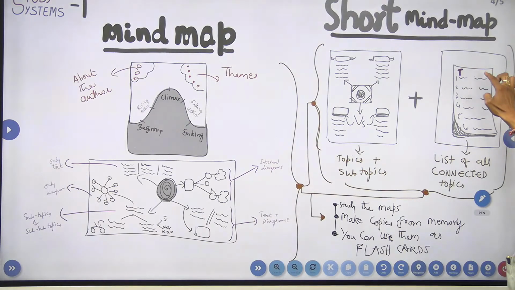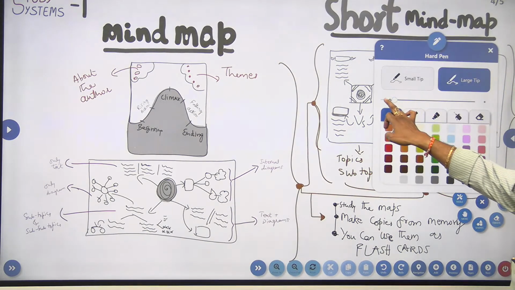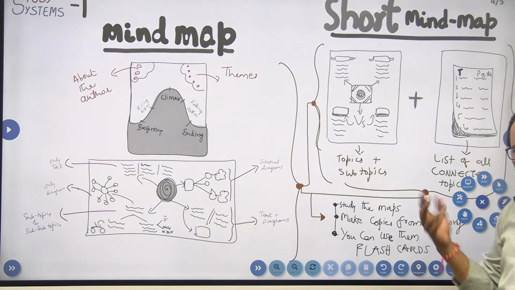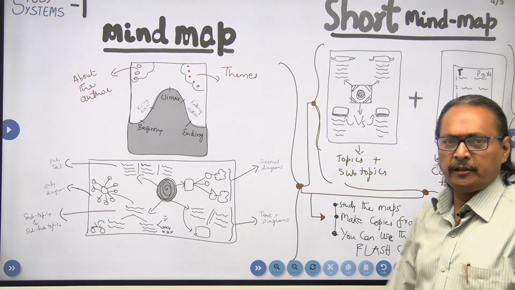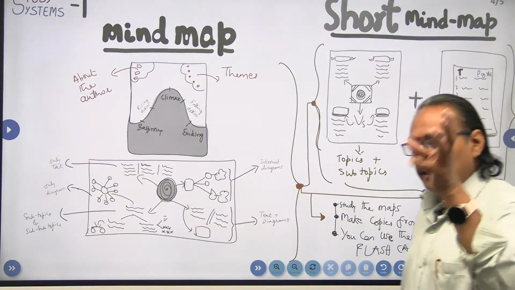Here you write the topic and here you write the page number or the card number or whatever it is. Suppose it is a flashcard, then you can write the card number there. Now I have chosen to write a page number. Then please remember, whenever you are doing all this work, you must be studying the maps. After completing all this, you must be studying the maps so that it will go into your head. After all, that is the main agenda.